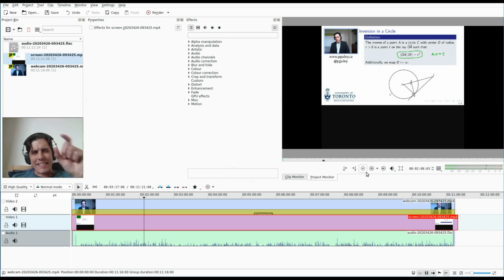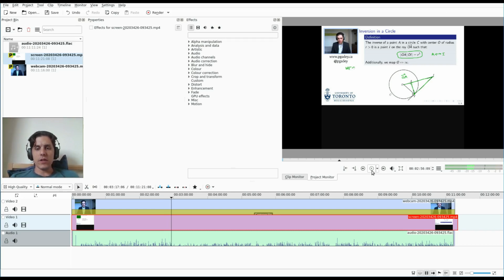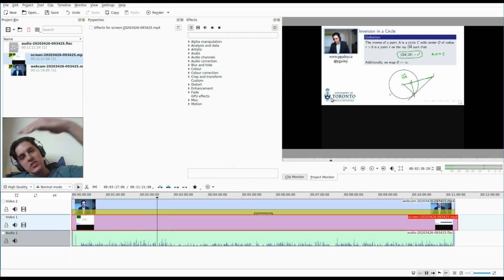So there's a really subtle point about these videos that I want to point out. If you look at the small picture-in-picture video, you can see that I'm looking way off to the left, but the annotations are happening on the right-hand side. So what we're going to do is we're going to flip the picture-in-picture video to line up so that it looks like I'm pointing at the